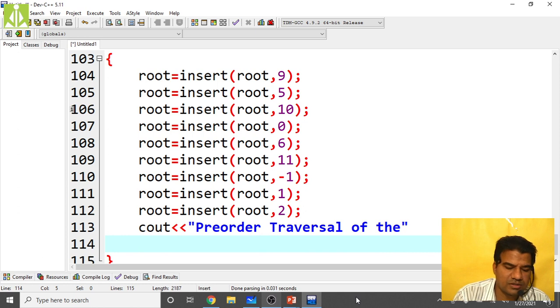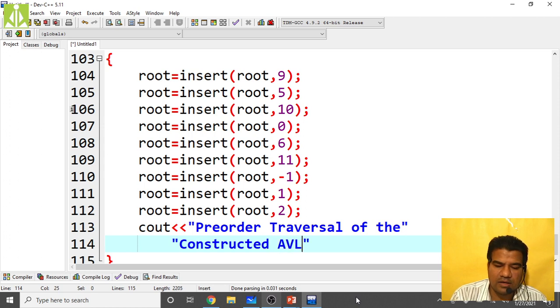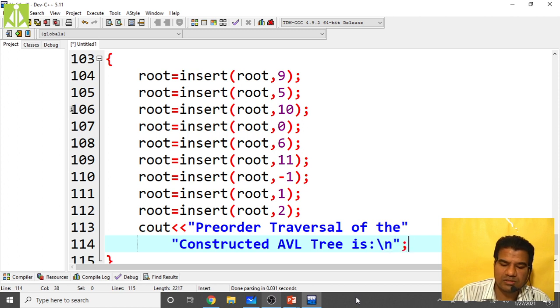You can print in the second line also. Constructed AVL tree is \n, you put the semicolon.